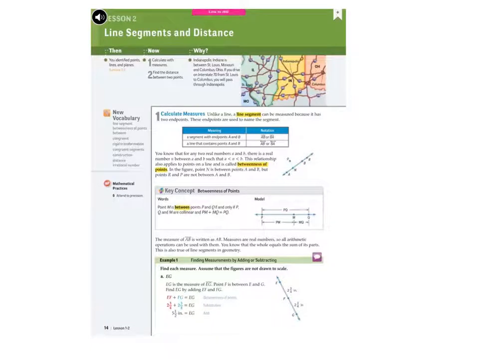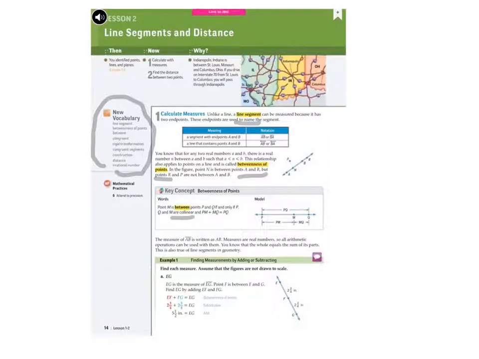Okay, so now we're moving on to 1.2, line segments and distances. Again, make sure you check all the vocabulary as you go along, make notes of it. Each one of the definitions is within the descriptions as you go through the exercises, okay? So make sure you take notes, understand what each and every one is, and then obviously now we can start